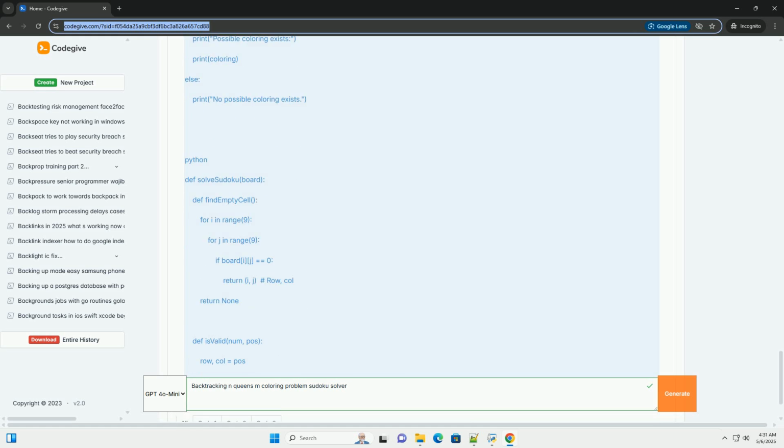4. Sudoku solver. Problem statement: solve a 9x9 Sudoku puzzle given a partially filled grid. The grid is filled with digits from 1 to 9, with 0 representing empty cells. The rules of Sudoku are: